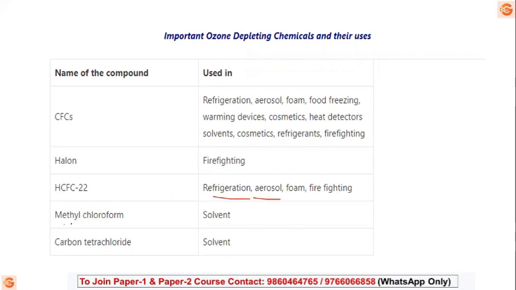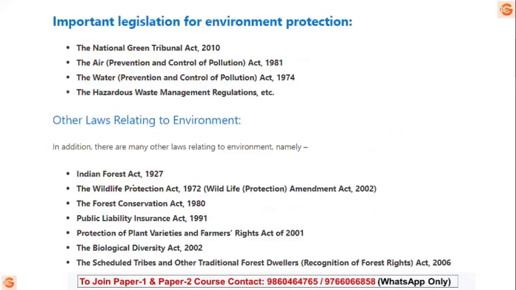Hydrochlorofluorocarbons, that is methyl chloroform, that is solvent, and carbon tetrachloride, that is again solvent. Okay, used in what? Then next is talking about some of the important legislation for environmental protection. So these are the legislations which have been taken, that is the National Green Tribunal, the air